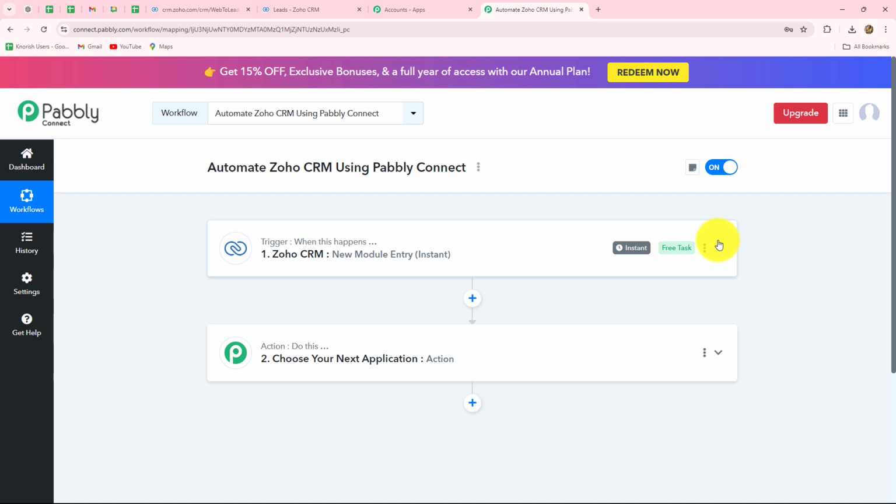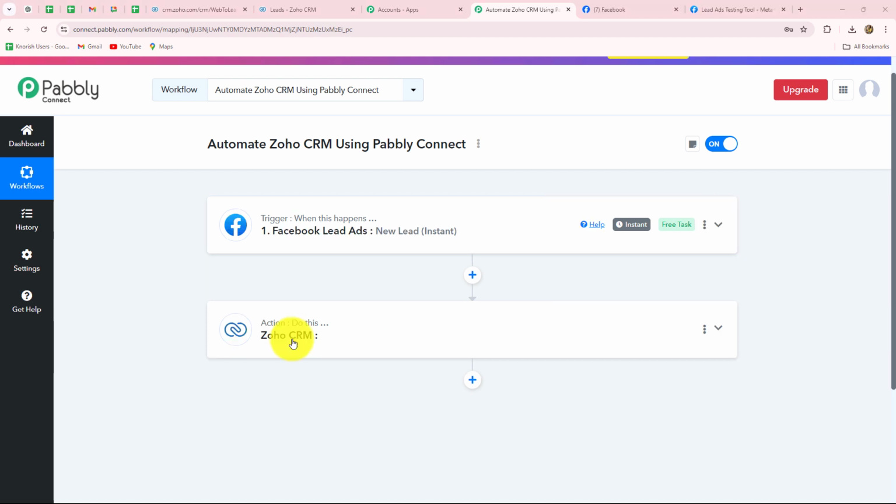So these were the steps which we have to follow in order to set up connection between Zoho CRM and Pabbly Connect as trigger. Now we'll move forward and I will tell you how you can use Zoho CRM in your action steps. So here, let's suppose I am running a real estate agency, and to promote my business,